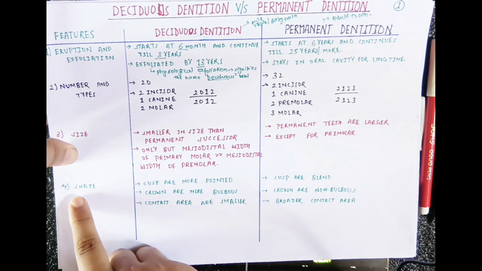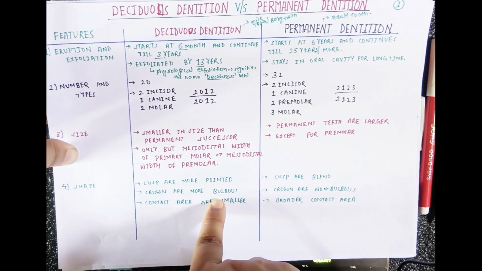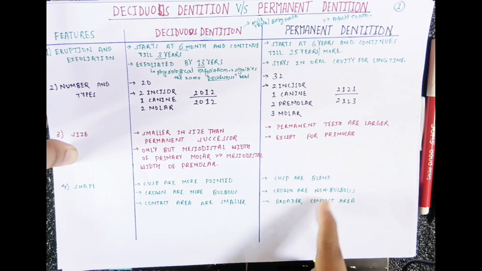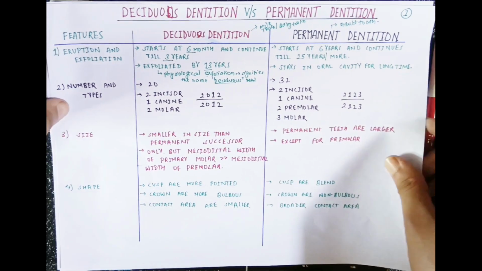Now after that, in the shape we can see here the cusps are more pointed and more bulbous in deciduous dentition and less bulbous in permanent dentition, and the contact areas are smaller here and the contact areas are broader there. Okay, now after this,